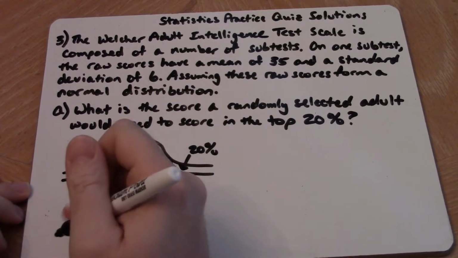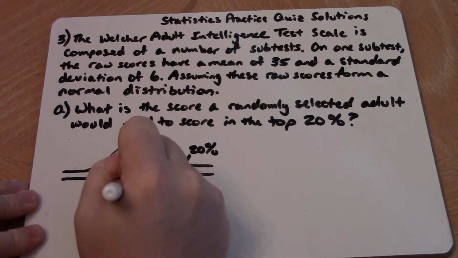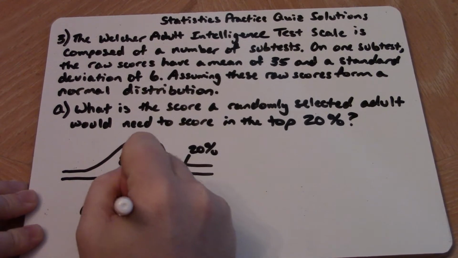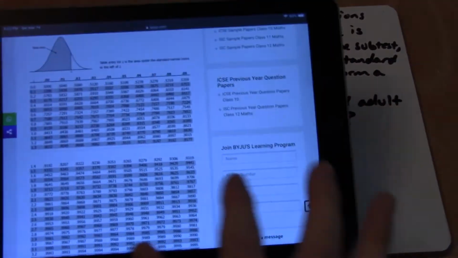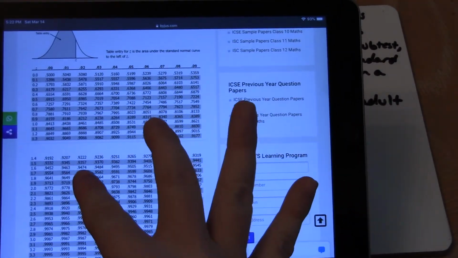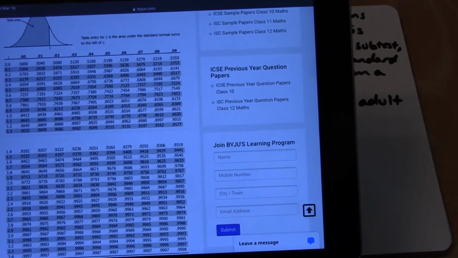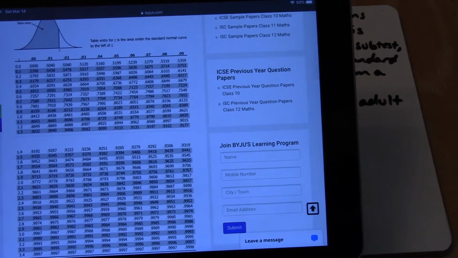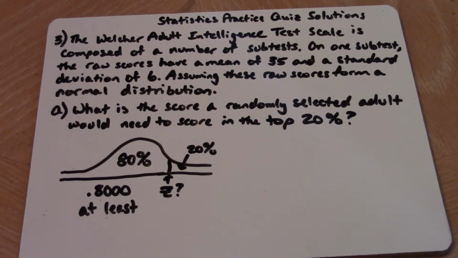So we are going to go to the body of the chart and we're going to look up a score of at least 0.8000. So the chart I'm referring to is the one that I gave you on paper. I have it here on my iPad. We are going to look in here to find the value that is as close to 0.8 as possible. Now that value is found, it's 0.8023, which is the best we can do,